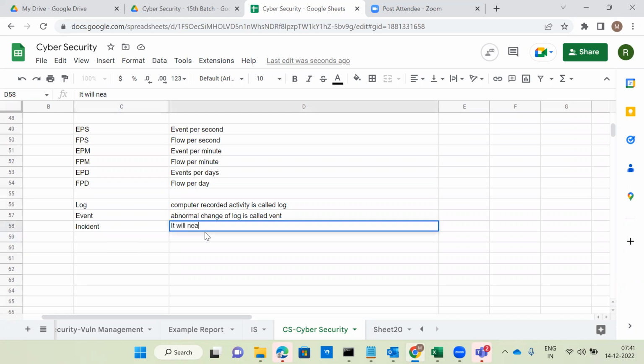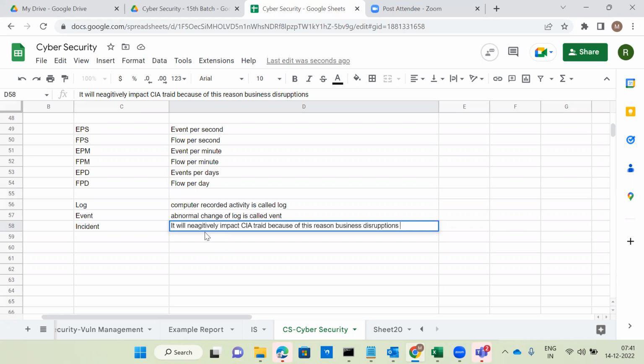It will negatively impact the CIA triad, and because of this, business disruptions. When you say business disruptions, there may be issues confidentiality-wise, integrity-wise, or availability-wise.